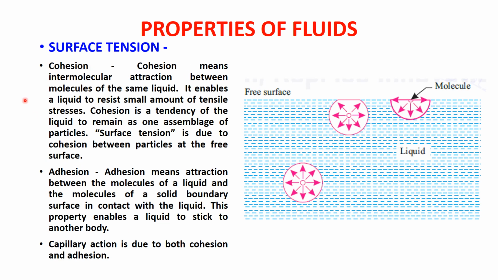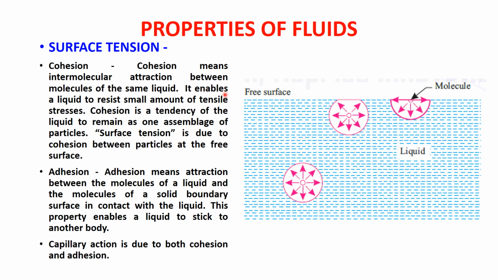Now, going to the next point, the surface tension property of a fluid. What is the meaning of surface tension? So basically, first, we have two actual properties of the water molecules. First is cohesion and second is adhesion. So what is cohesion? Cohesion means intermolecular attraction between molecules of the same liquid. There are certain molecules in a fluid flow. If there is an intermolecular attraction, meaning the molecules are attracted towards each other, of the same particular liquid, then we say that cohesion is taking place.